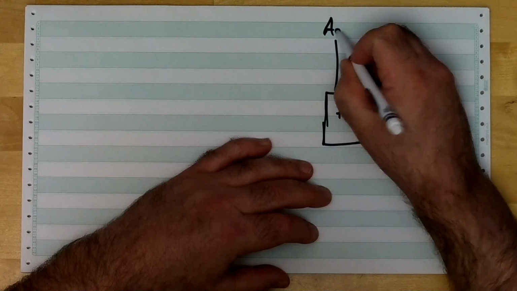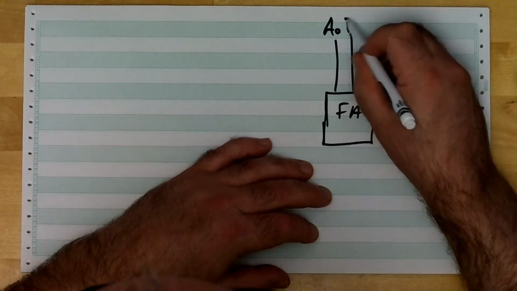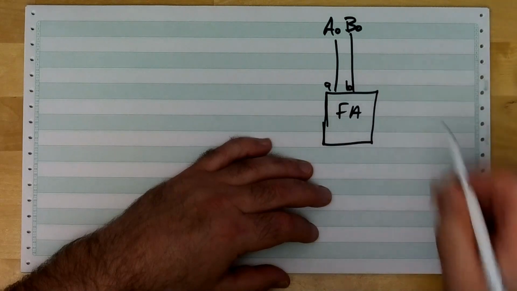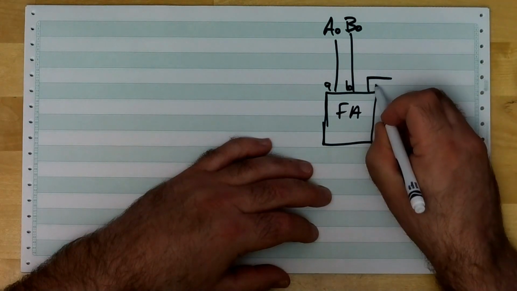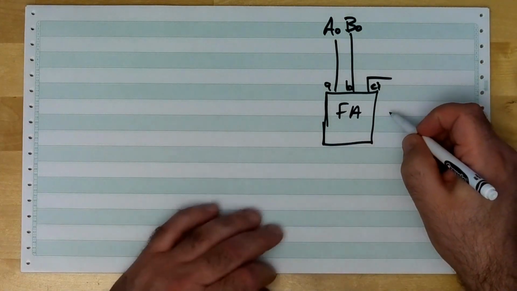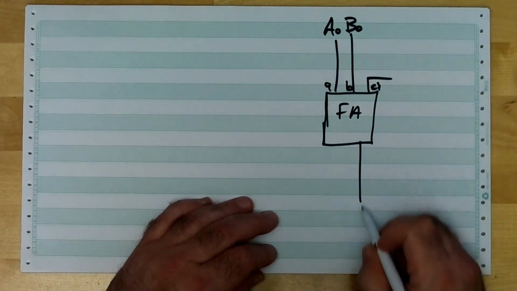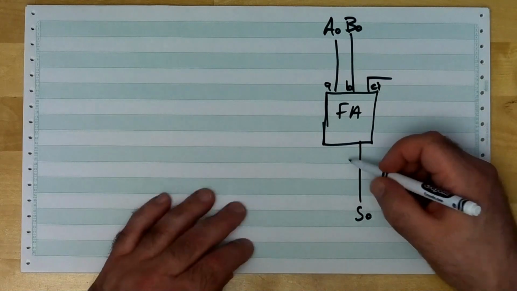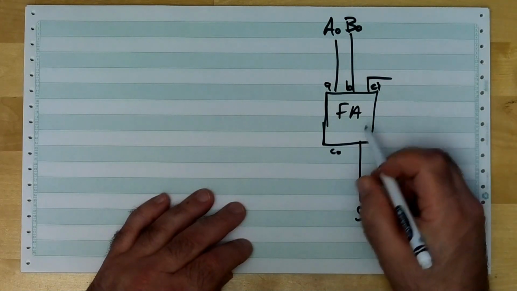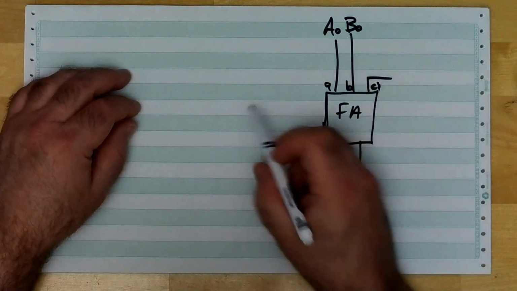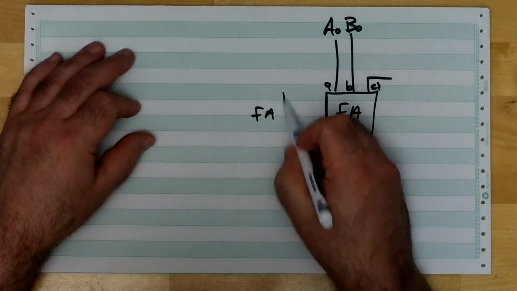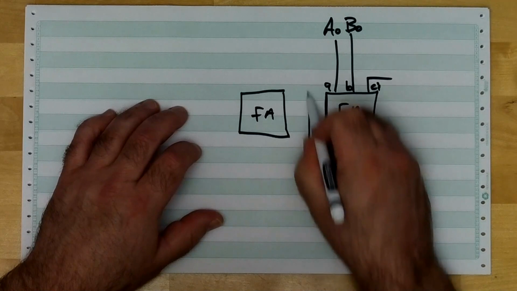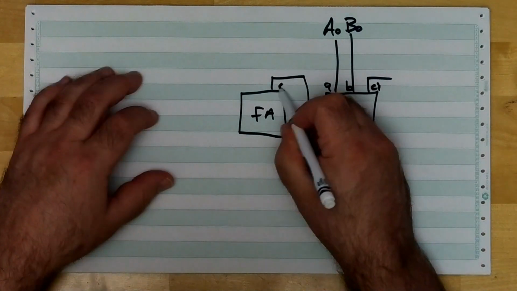Let's call this one A0 and B0. Okay, that'll go to our A and our B inputs. The carry input over here, we'll leave that for a second. We'll come back to that later. Call this S0 for some bit number 0. Carry out, what is that one going to do? Well, that's going to be your chain again, right? Full adder. I mean, you should be able to see this now. We added binary numbers together earlier on. Carry in,